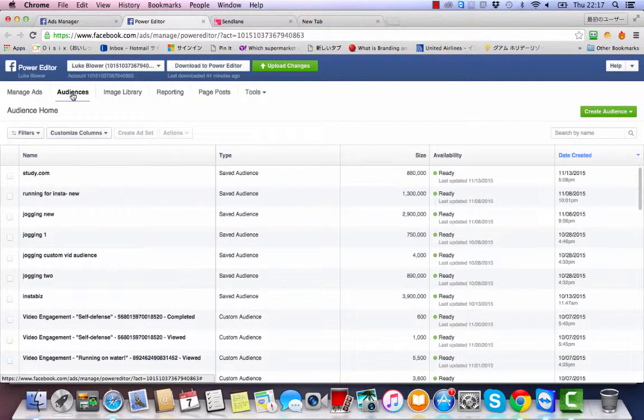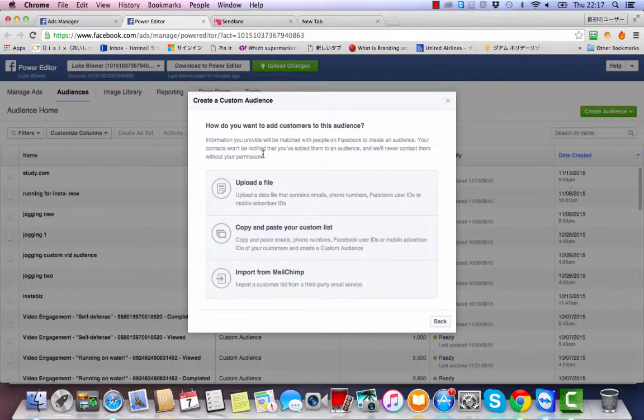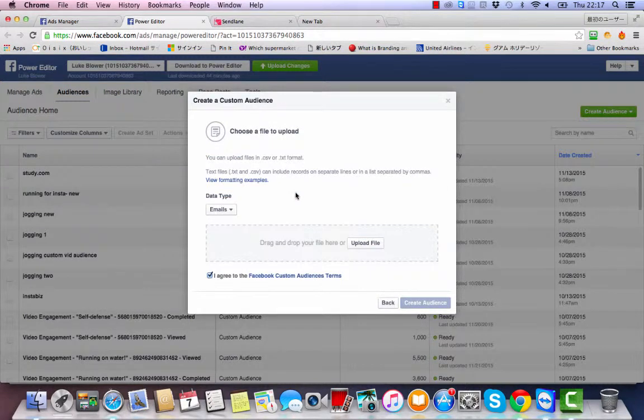And it opens here, and you can just come over here and it just says create audience, and you go to custom audience. And what you can do is just go over to customer list, and you can upload a file. It's going to let you keep this on emails, and you can just upload a file,